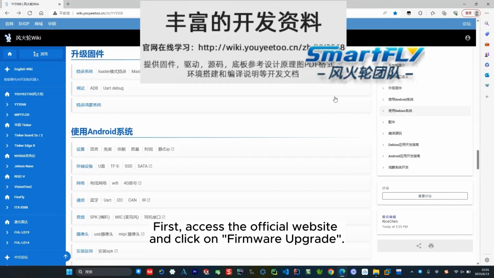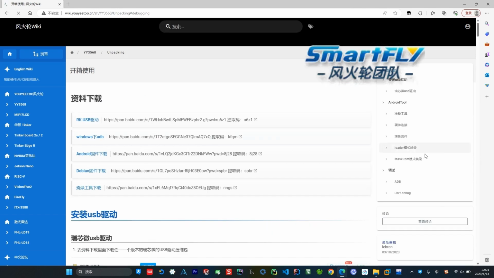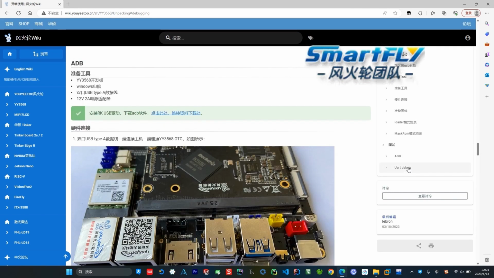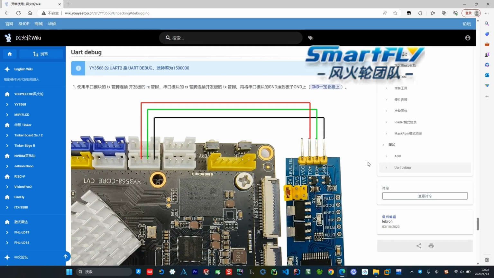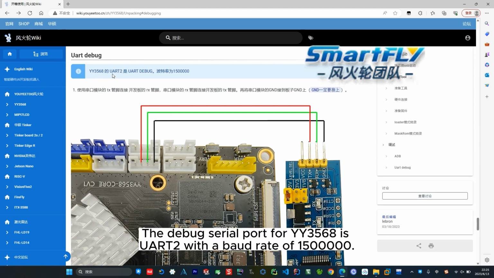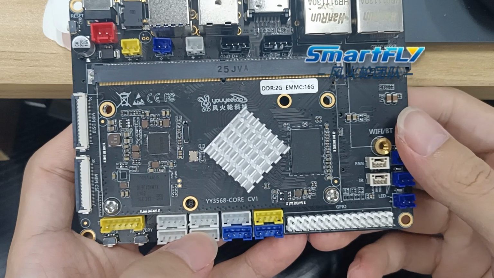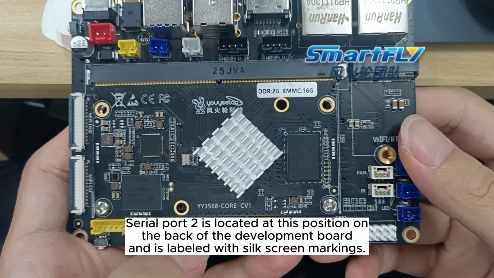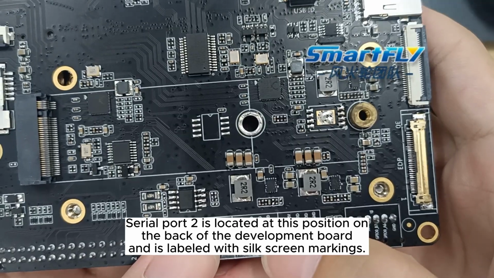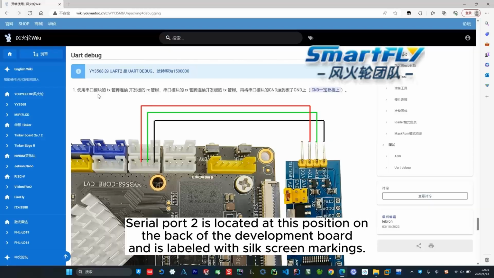First, access the official website and click on Firmware Upgrade. The debug serial port for YY3568 is UART2 with a baud rate of 1,500,000. Serial port 2 is located at this position on the back of the development board and is labeled with silkscreen